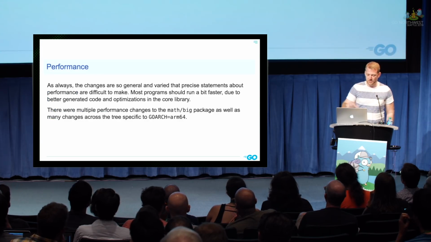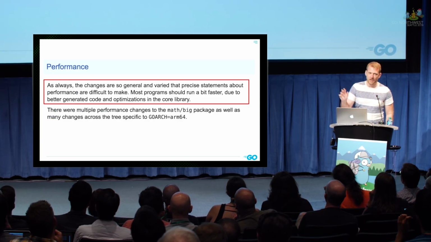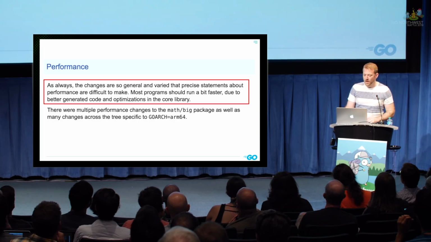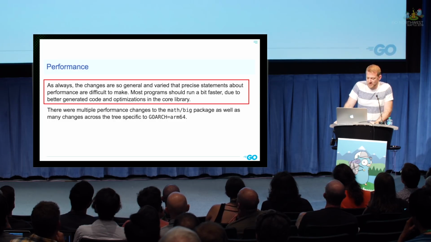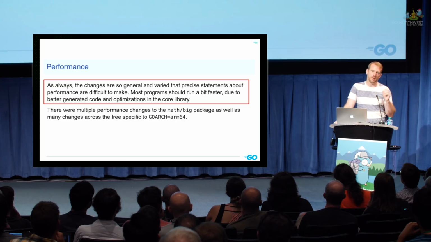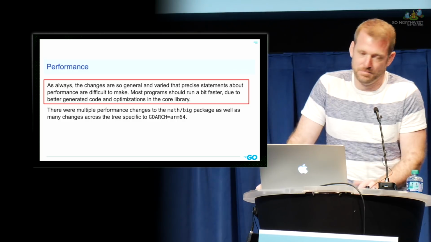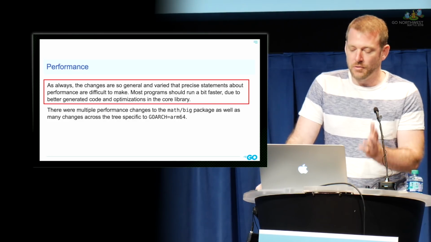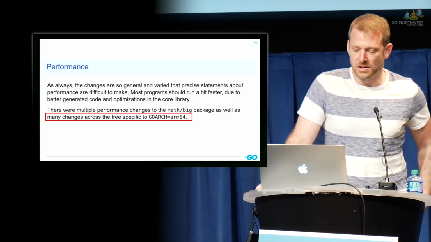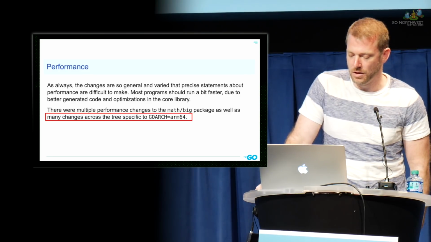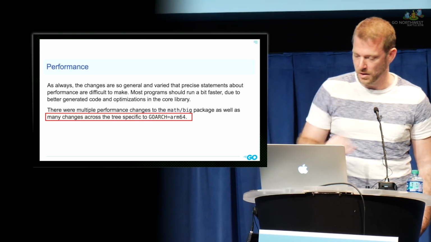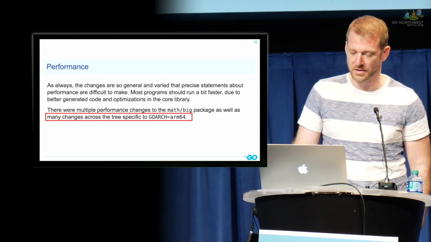Performance, we always have this part about performance in the release notes, and we have this hand-wavy thing that says, as always, things are probably better, but we can't really say. It's because we suck at measuring it and keeping charts over time, but it's also because some parts will get like 100x faster and some parts will get maybe slower in some pathological cases. But in general, a lot of things are faster, especially if you're using 64-bit ARM. A bunch of people, Cloudflare and Qualcomm and ARM, a whole bunch of people contributed to making ARM64 a lot faster.